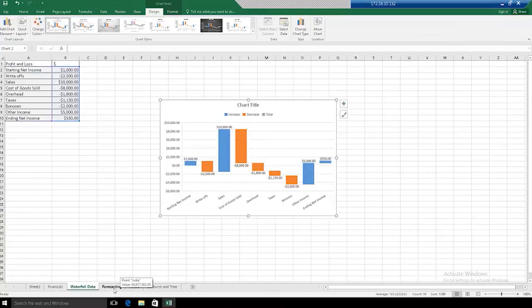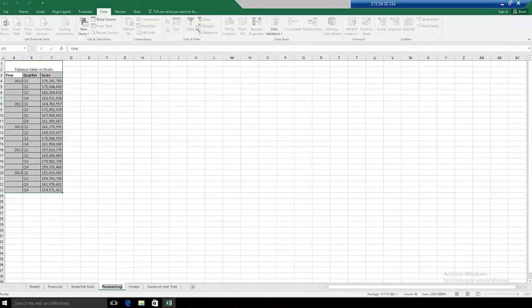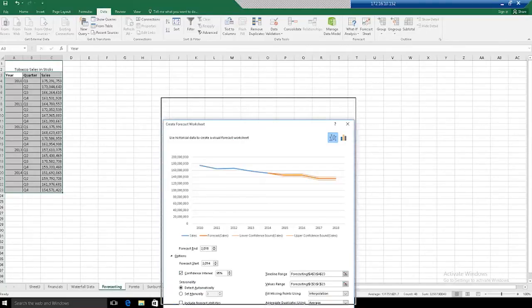Another new out-of-the-box feature is the ability to perform forecasting. These capabilities make it possible for any user to forecast data over time without having to have knowledge of statistical software. So we can go ahead here, click on the Data tab, highlight the data, click the forecast sheet, and this options window pops up. So we can expand the options,